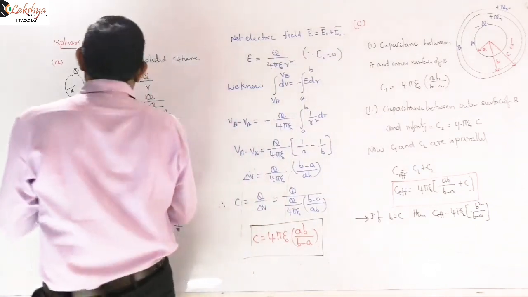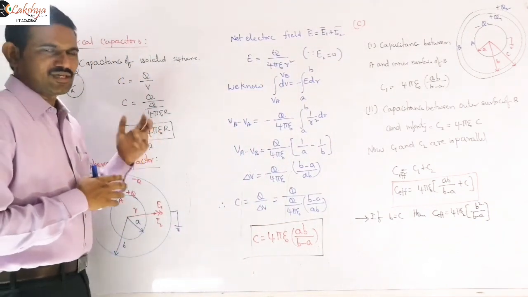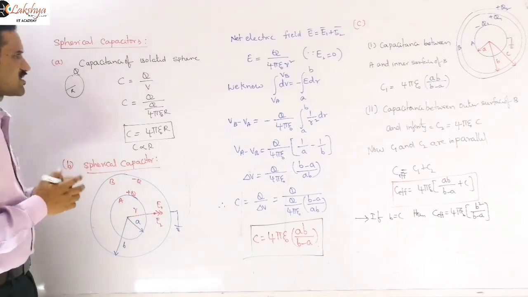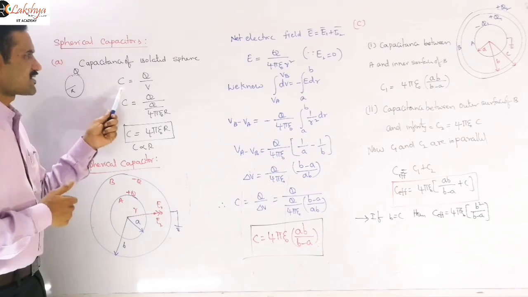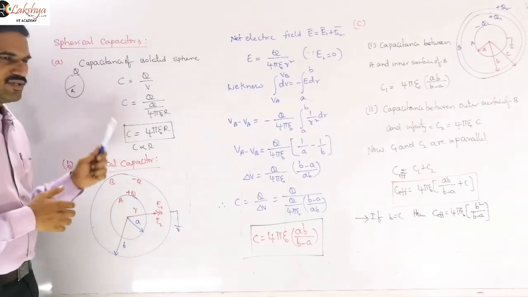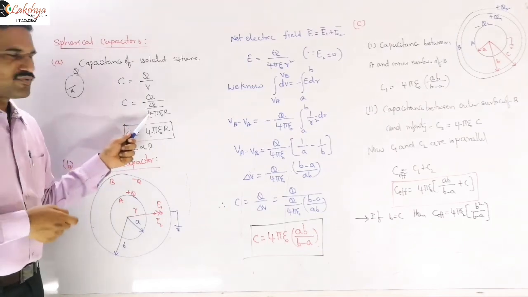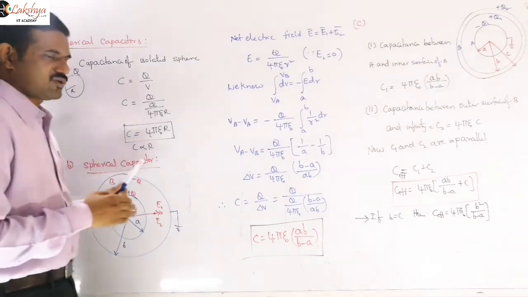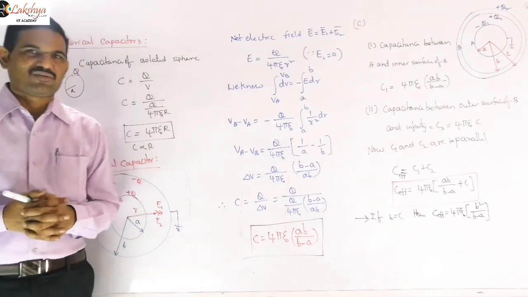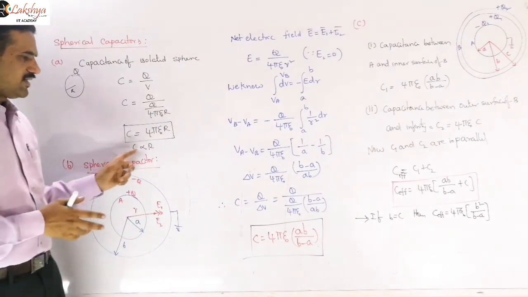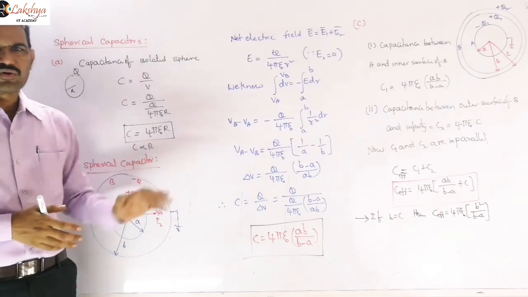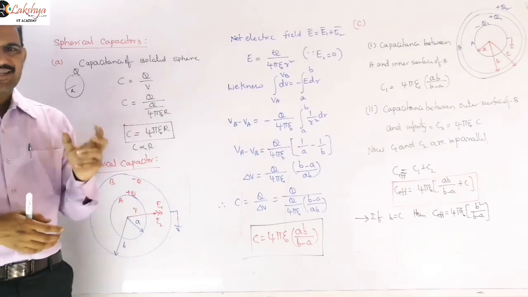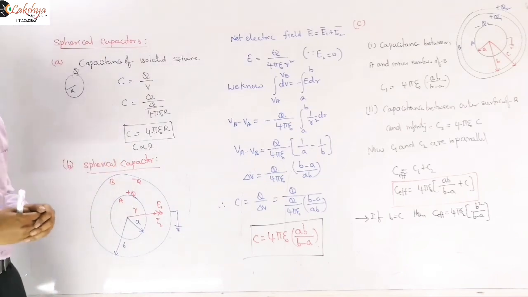Now, about the isolated sphere, we already discussed that. Again I am reminding you: suppose you take an isolated sphere of radius r, and charge q is given to it. Then we can write its capacitance as C = q/V, and the potential on the surface of the sphere is V = q/(4 pi epsilon naught r), so that the capacitance of an isolated sphere is C = 4 pi epsilon naught r. You will get C is directly proportional to R. This is already over for us. We also discussed some problems based on the sharing of charges involving these isolated spheres.